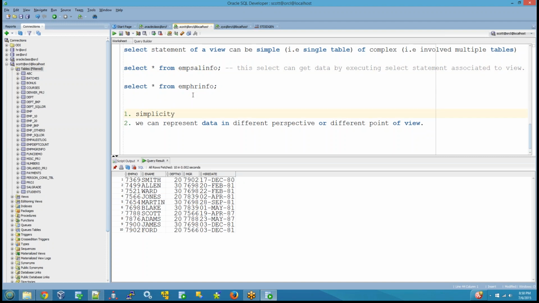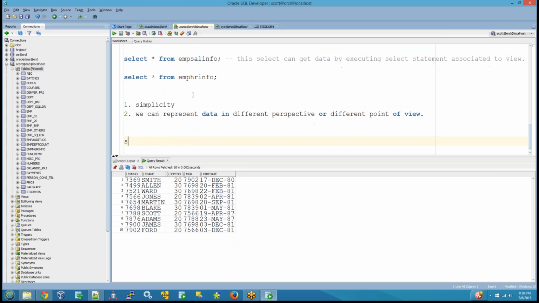Instead of writing a, for example, let's see, create or replace. Okay, let's say I want to write a select statement like this. Select employee number, E name, DEPT number and D name, so A dot department number and A dot D name. I want to write one query: B dot E name, comma, B dot salary plus NVL of B dot commission, comma 0,